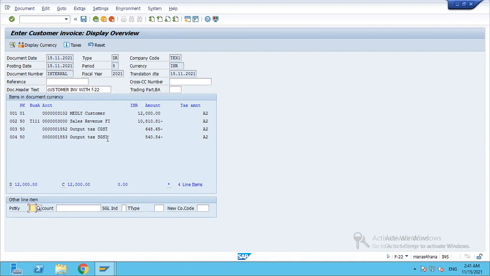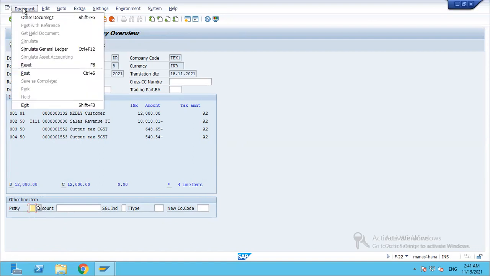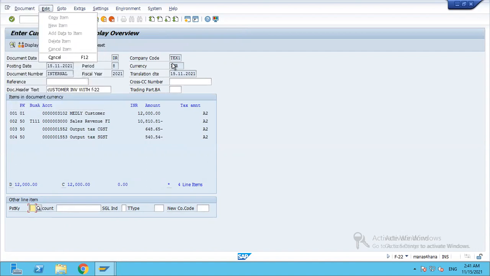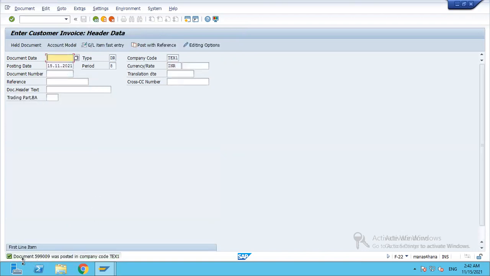So that is why tax has been divided into two different accounts. If you are happy with this simulation or the preview of the entry, go ahead. You have two options, either from the top menu bar, you go to document, post, or you post the entry by pressing the save button, and you see that another document, which is the invoice number 599009, was posted in company code